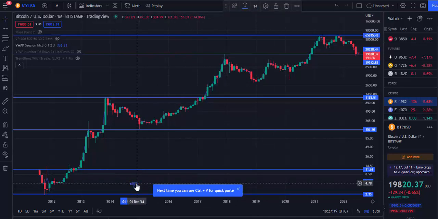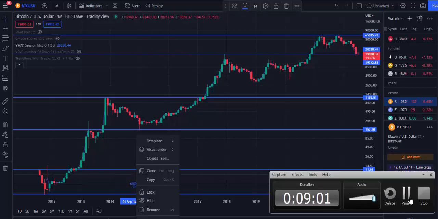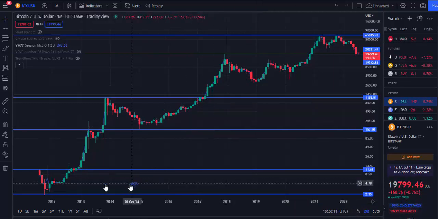So that is it. So from here now, if you bought the bottom, you are going to be making 600% if it gets to